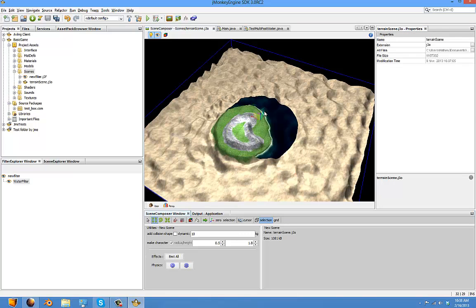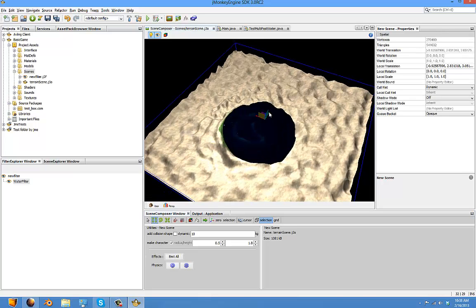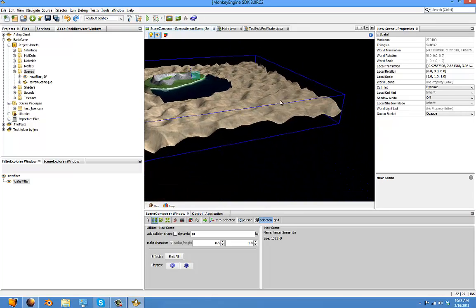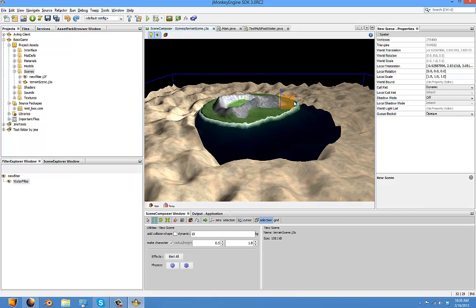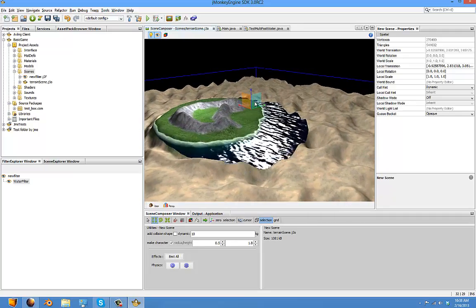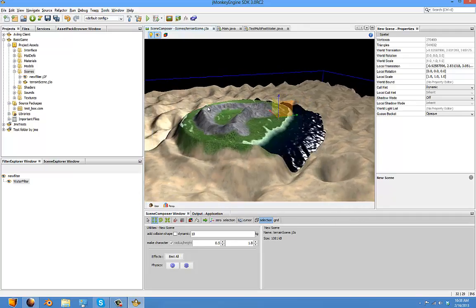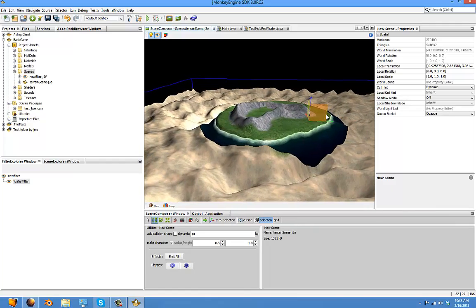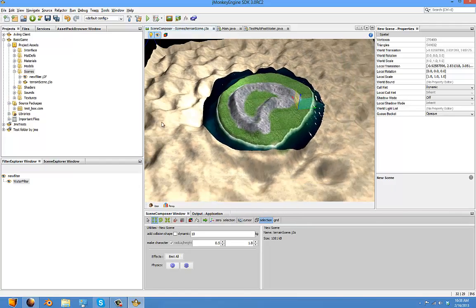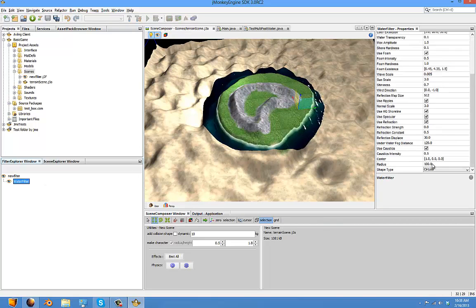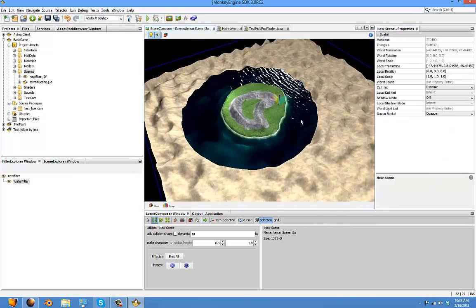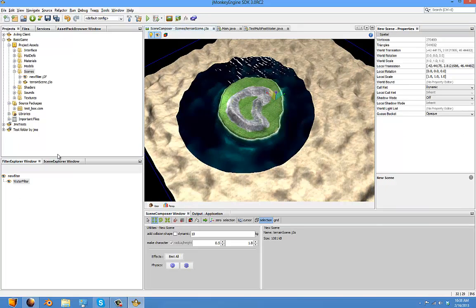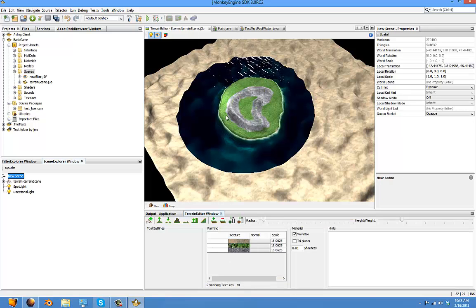I can just move the terrain, which will be a bit easier. Looking nice. Going to scale it up a bit. 150 maybe? Yeah. That looks nice. Really nice. I'm just going to draw some mountains around it, just to make it kind of